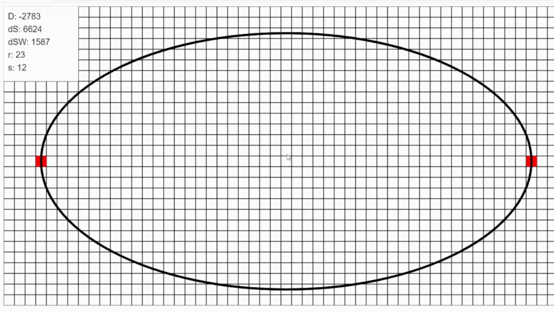Now, there's a few changes you have to make. First of all, with an ellipse, you have a center point, and you need 2 radii instead of 1. You can see that not all the points are the same distance from the center. So I call them R for the horizontal radius and S for the vertical radius. And actually, those are the constants that end up being used in this algorithm, or rather the square of those values. The other change that you have to make is you don't have 8-way symmetry anymore,